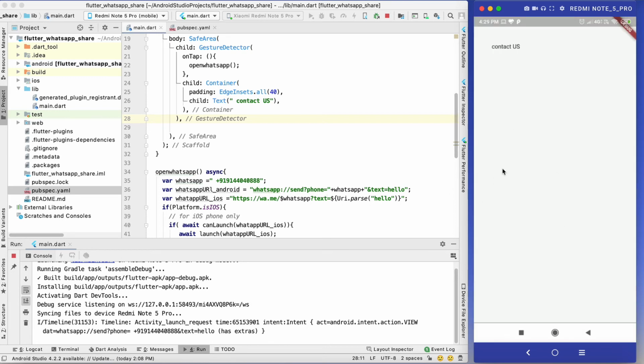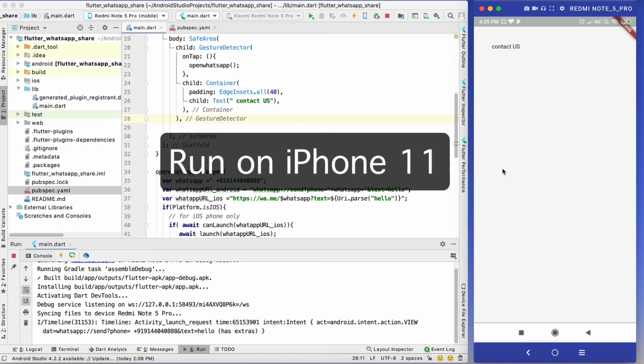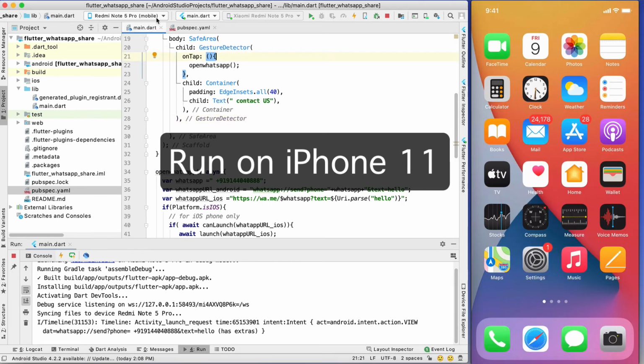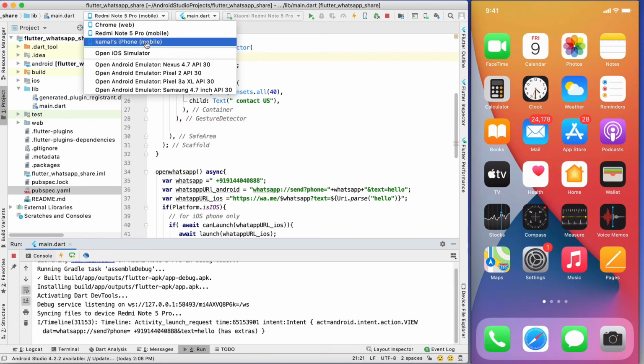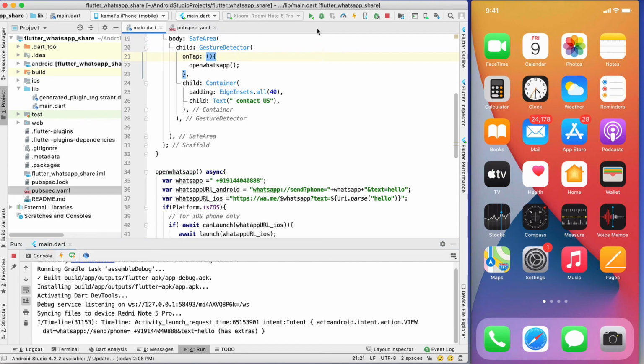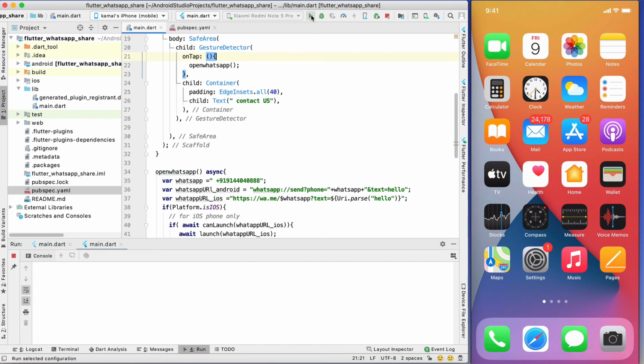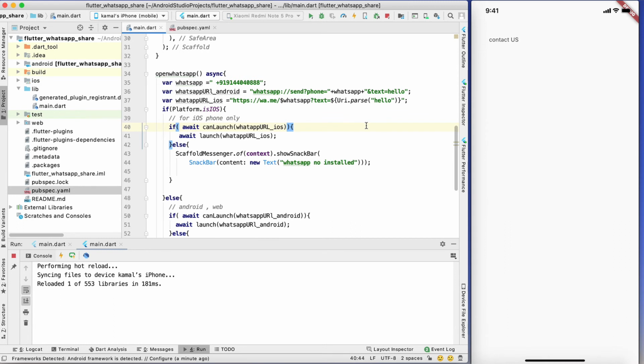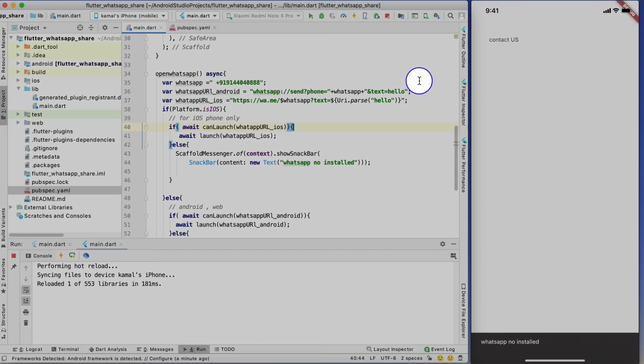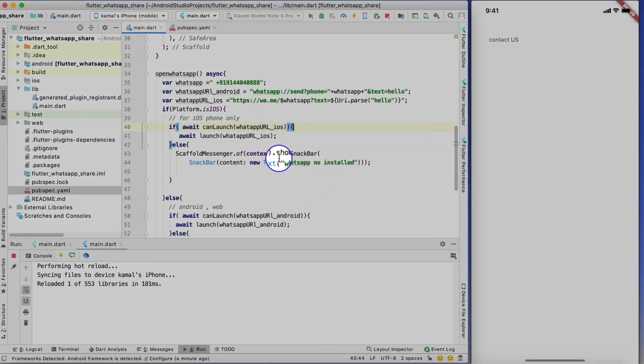Now time to run this code on an iOS phone as well. So I am going to select my iPhone and run this code. If I click on this contact us button, you can see the WhatsApp not installed message is showing there. So it is going inside the else part, because we are calling an HTTP or HTTPS request.